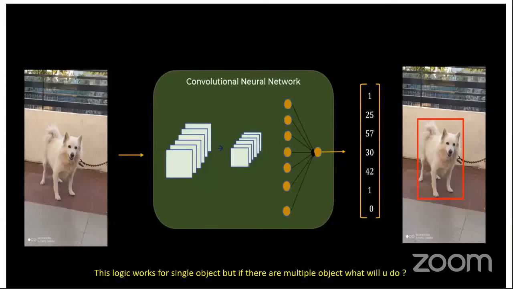One more thing: in the case of R-CNNs, you used to have region proposals, and you would pass each region proposal again and again to your CNN and classifiers, and they would classify it. But in this case, you don't have to pass different portions of your image. You just pass a single image, and looking at it, the model will tell you whether there are multiple objects or a single object. That's why it's named You Only Look Once. Your architecture looks at the image only once. You do not have to look at portions of your image the way R-CNN does. And that's why it is computationally faster and doesn't consume as much time as the R-CNN family.